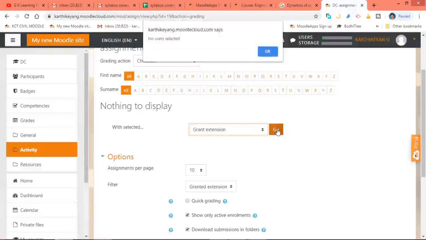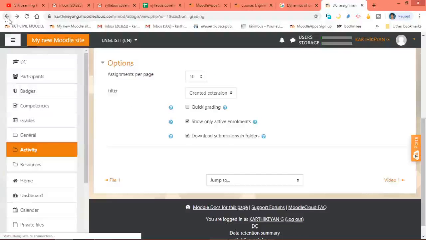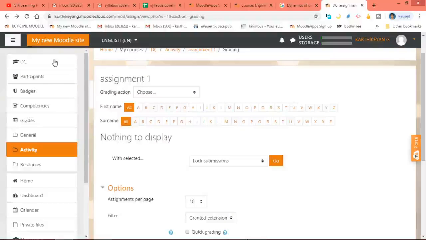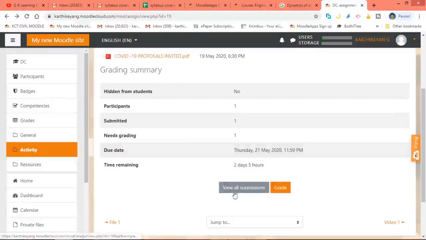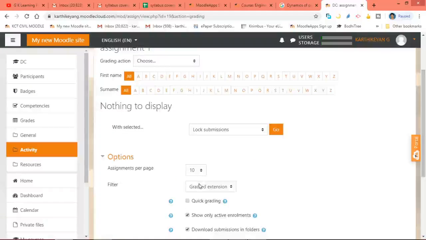Go. So here it says no users selected. Again I am going to select the users. For that I am going back. So view submission. So no filters.